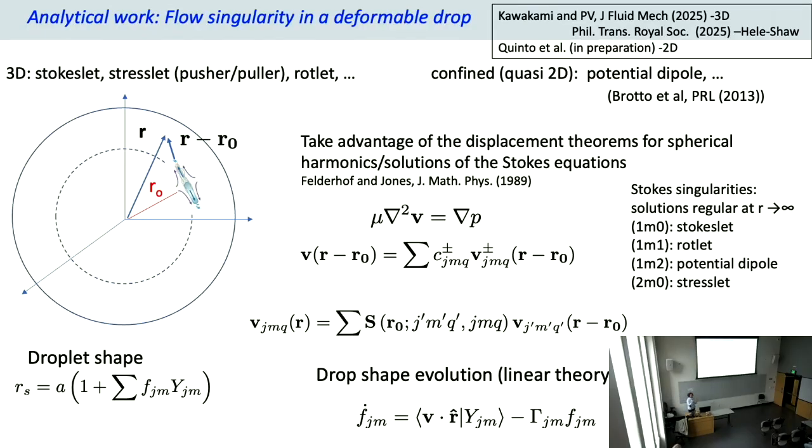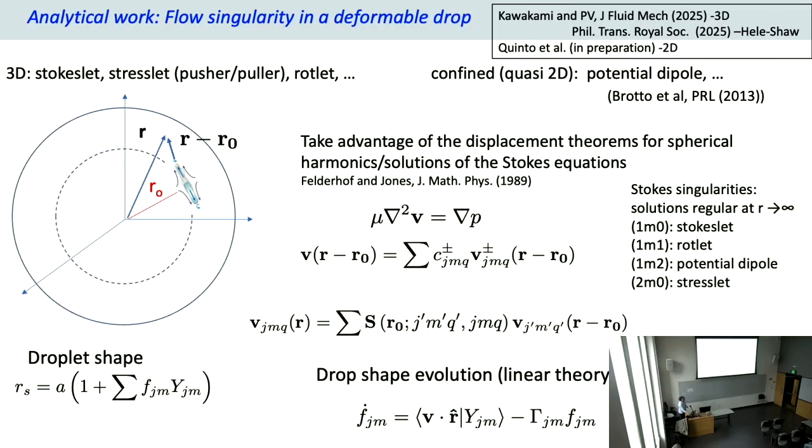There are a lot of spherical harmonics. I'm a big fan of spherical harmonics. But you can solve the problem analytically. You can get the velocity field. What is fascinating is that while in the coordinate system of the swimmer, your velocity field, let's say a stresslet, has only one harmonic, like think of it as a Fourier component, once you expand it, you excite all of them. That means the shape of the droplet is not going to be an ellipsoid. It's going to be something who knows what, depending on where the swimmer is. And you can compute the shape, assuming small perturbations.